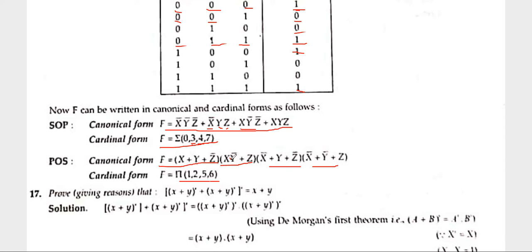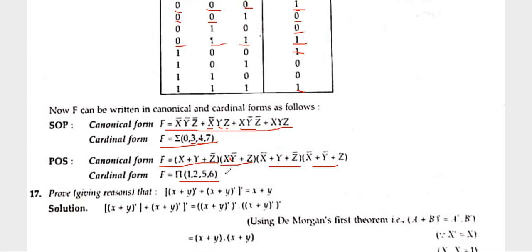Here plus is there, so write down the plus here. x plus y complement z. In this place, you have to use the plus symbol. So x plus y complement z means 0 1 0. With respect to this, we are able to find the 2. Okay, so then it is the cardinal form.